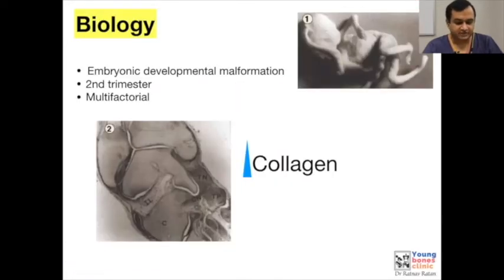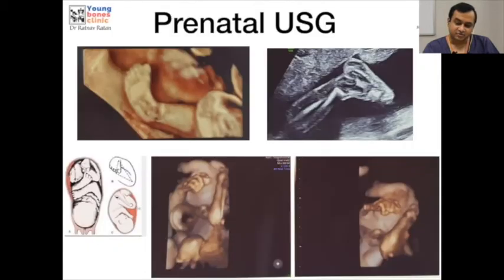If we see the pathology of clubfoot, there is tightness of the structures on the inner side of the foot and the ankle, right? As you can see here, the muscles, the tendons, the capsules, the ligaments around the medial side of the ankle are extremely tight. This basically results in the deformity. This is a stillborn child which has a clubfoot around 17 weeks of age. This is how the deformity looks.